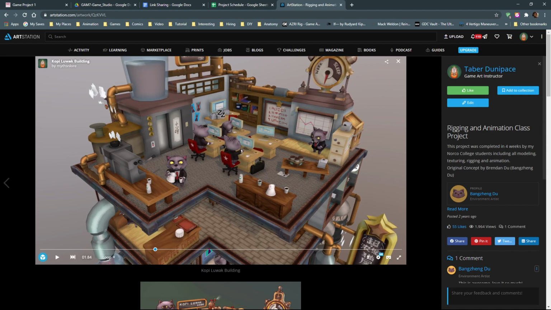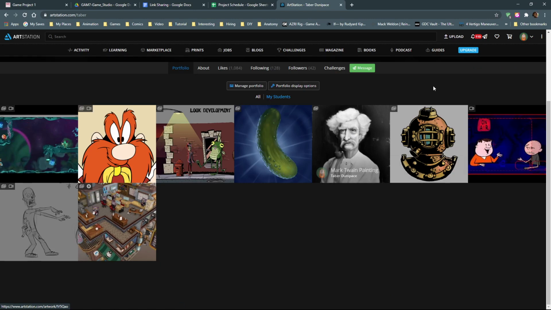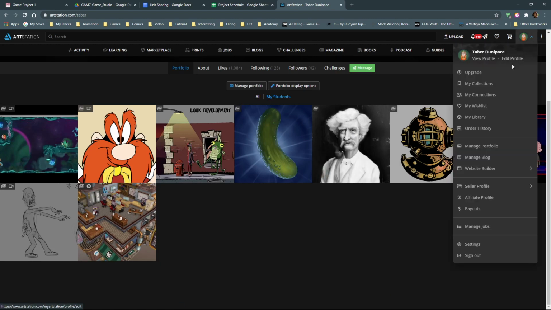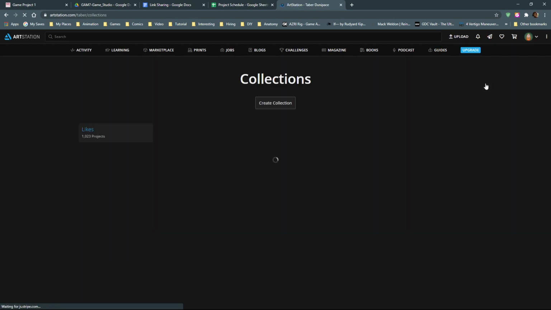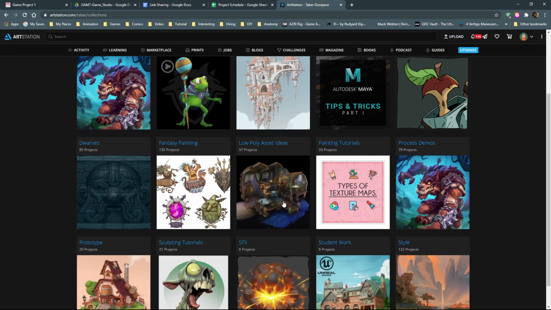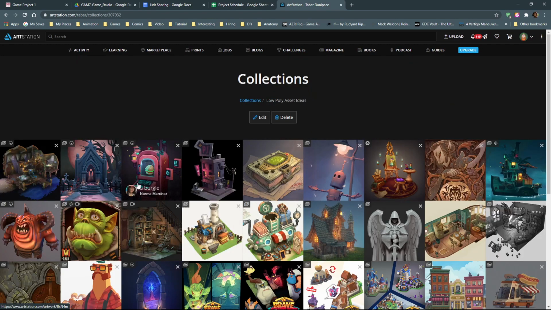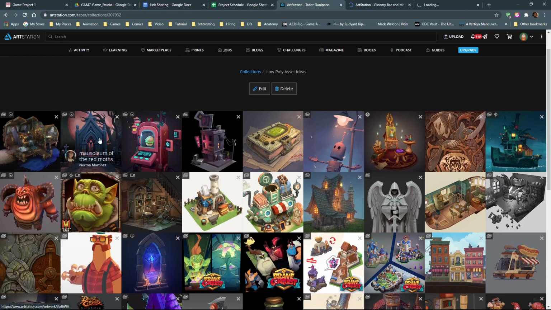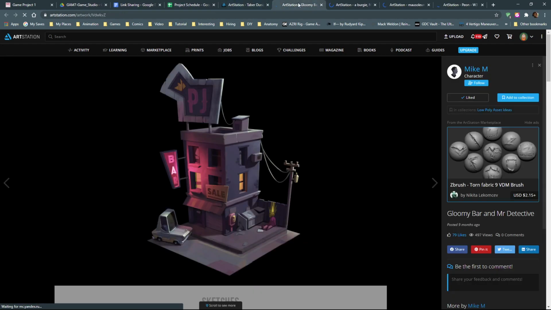Who's asking a question? Oh, sorry, I was. So let's just say we're just doing the 3D model, is it better to have images of it rendered out, or? Well, let me show you something, because I've got a bunch of collections of stuff that I've browsed, and we can find other people's showcases of 3D models on here, like low poly assets, and let's see how a few people showcase their work just randomly.